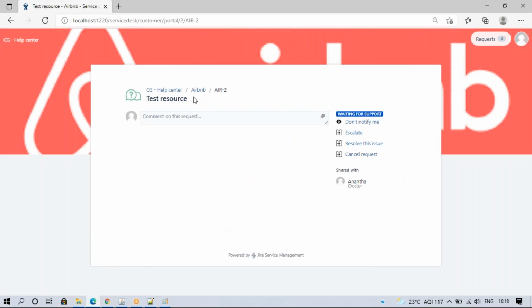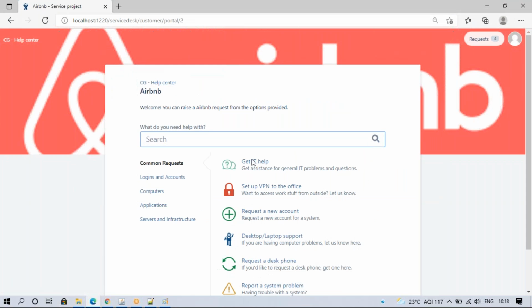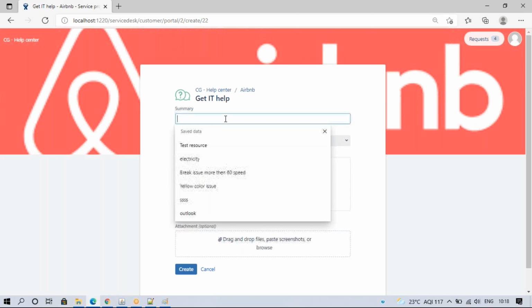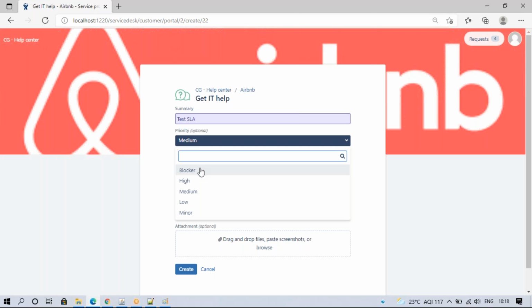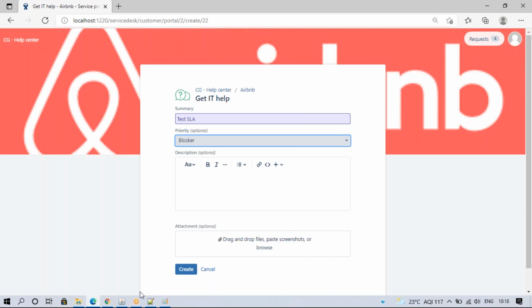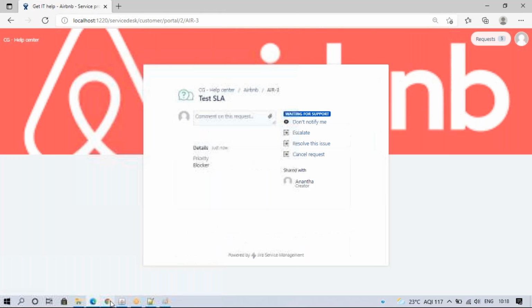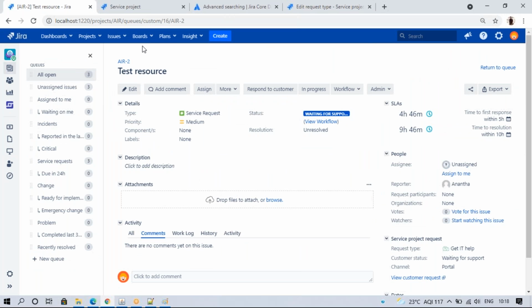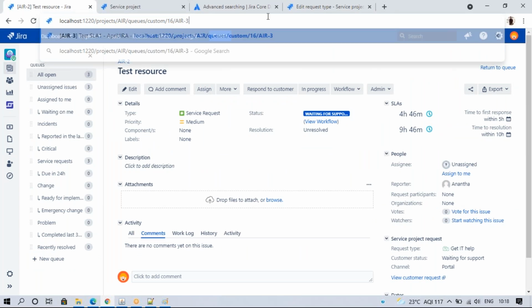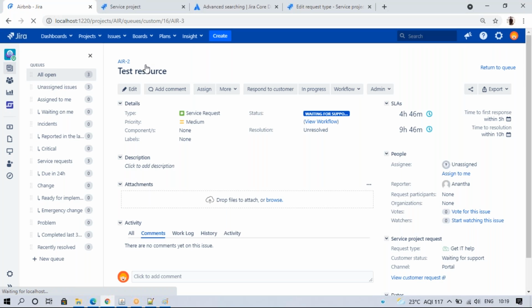So I'll raise one request now. Get IT help desk and test SLA. I'll select the blocker. When I select the blocker, what is the timeline? 1 hour and 2 hours only. Create it.